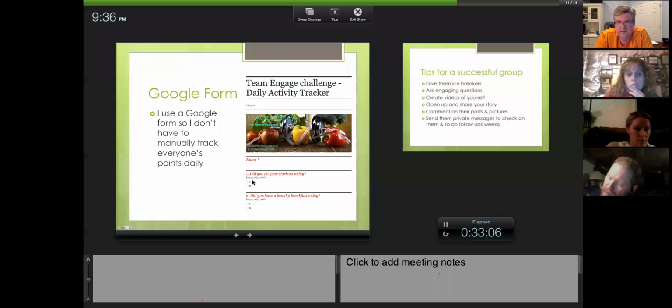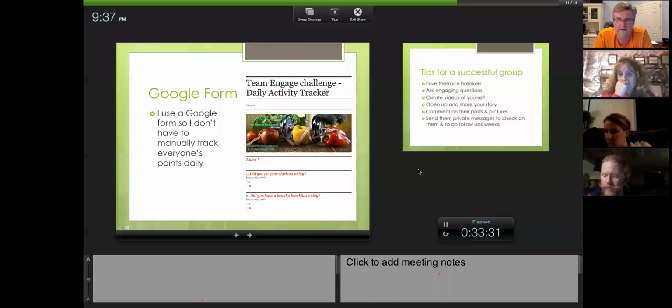I give a little note there that says 1 equals yes and 0 equals no. So they would select 1, and if it was a 3-point question, it would have a 3 and a 0. That's how it automatically sums for me when it goes into the spreadsheet. So I don't have to figure out that this question they answered yes for was 3 points; it automatically figures it out. It's a nifty way that I came up with.